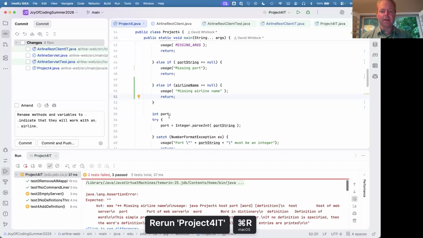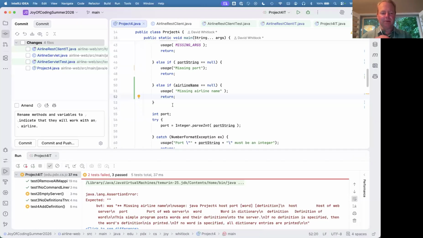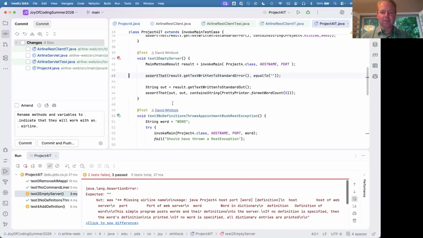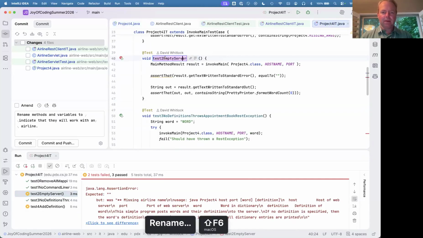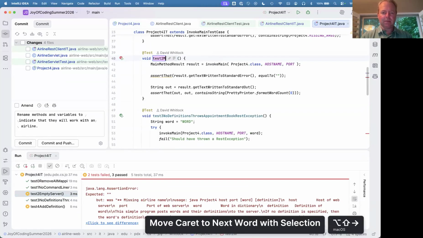Yep. Nice. Which I don't know, do I want that in the... Yeah, sure. I'll just change that. And so this is not so much empty server as it is missing airline name. This isn't terribly interesting, but